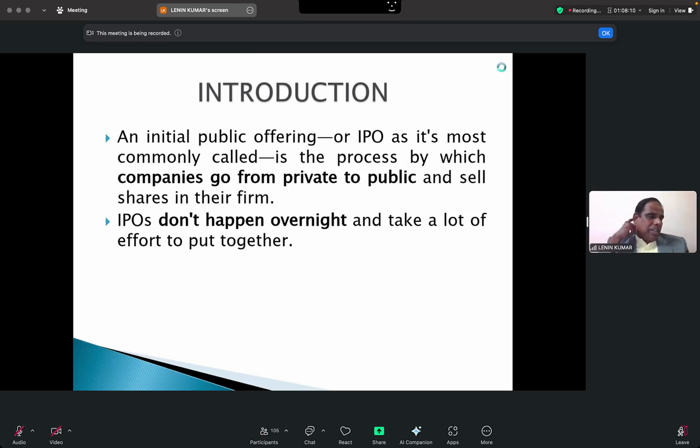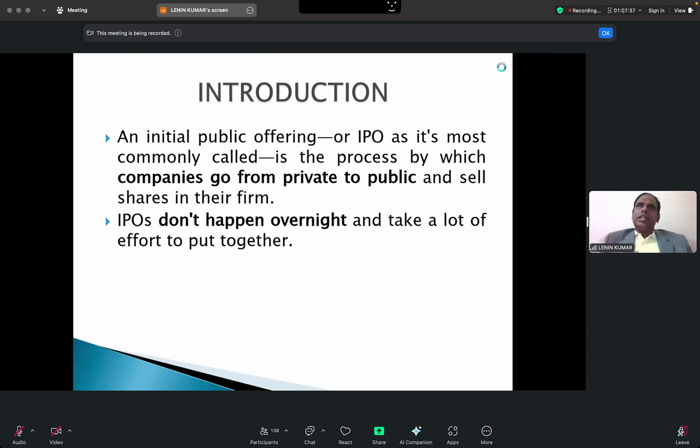Say, for example, let us imagine we are going to start a business. Immediately it is not possible for you to start collecting money from the public. You want to be in the market and show the profit, and then you can list your company. You want to do that listing process, then you can start. Once you have listed your company in the stock market, the public will come and purchase your shares. That is the normal procedure.